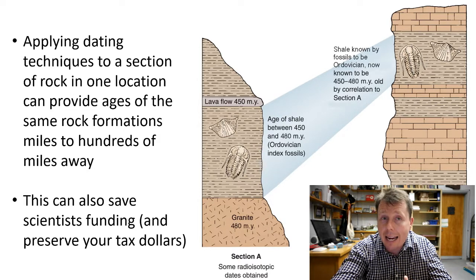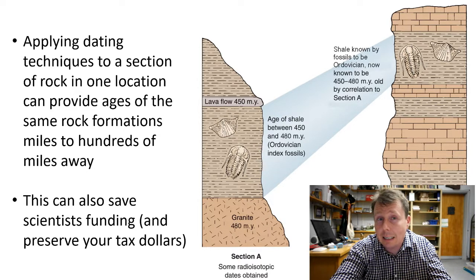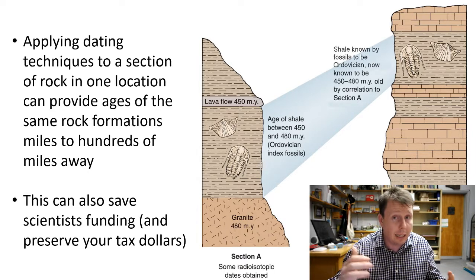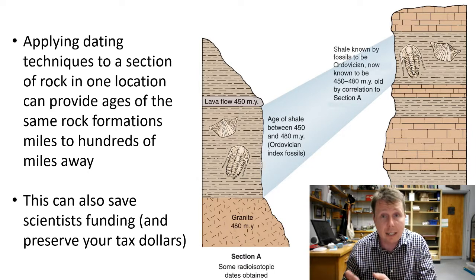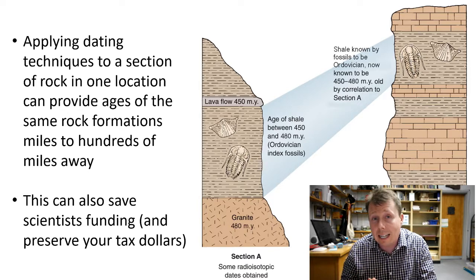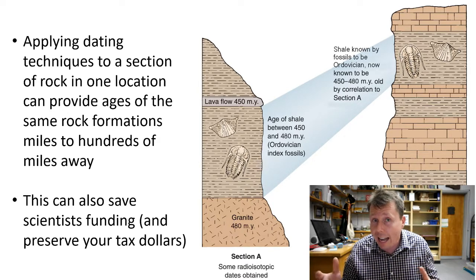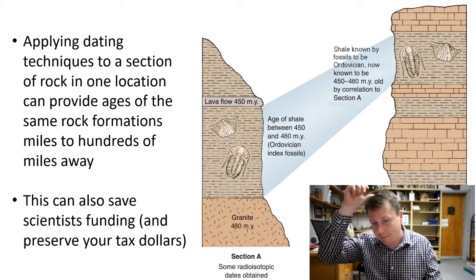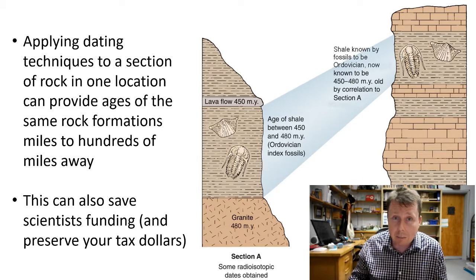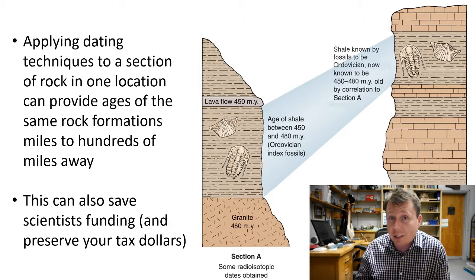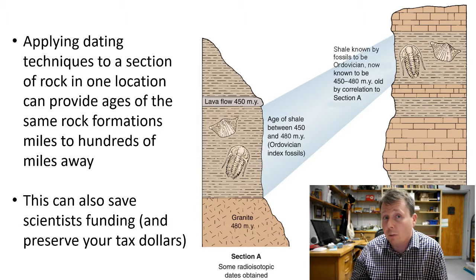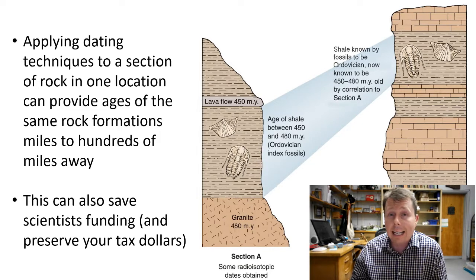That fossil is going to be relatively the same age, maybe within 1 to 10 million years of the same age. Now, 1 to 10 million years seems like a great difference and like a significant error to be off, but in the scale of geologic time that's so vast, up to 1 to 10 million years is not that bad. And this is brilliant, as the bottom points out. This actually saves your tax dollars because it's expensive to perform analytical experiments in the laboratory and get radiometric ages.